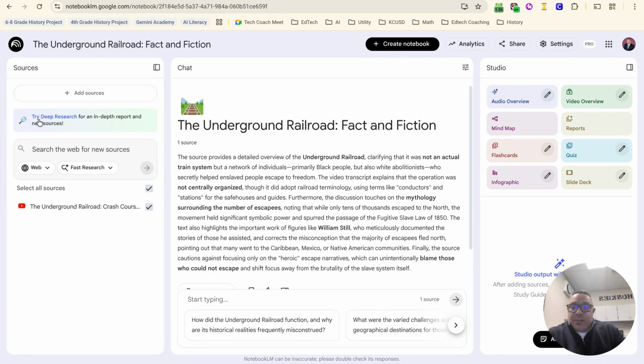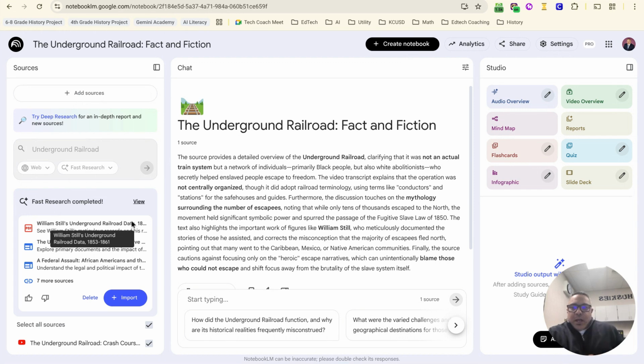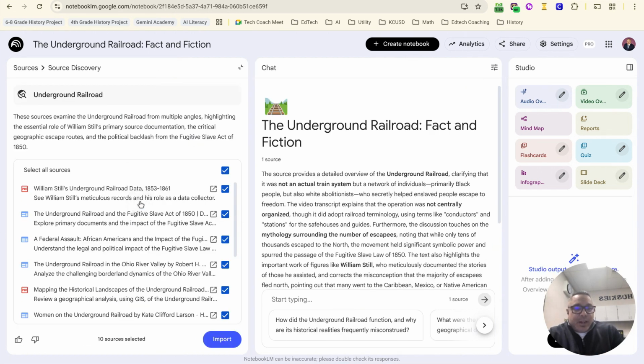But now you see here, it says Deep Research. So if I put here, Underground Railroad, and you hit Enter, it's going to research sources that are related to this topic. For the most part, these are a little bit more in-depth, trustworthy resources than if you just do a simple Google search. So once it's completed, you come over here to View,